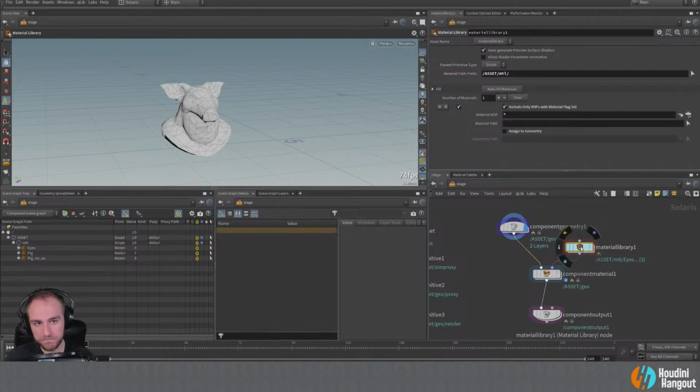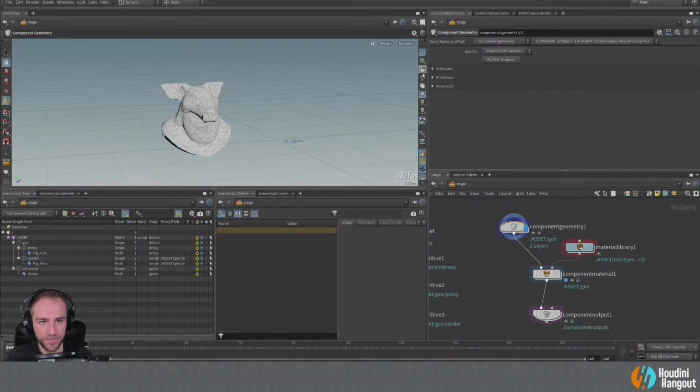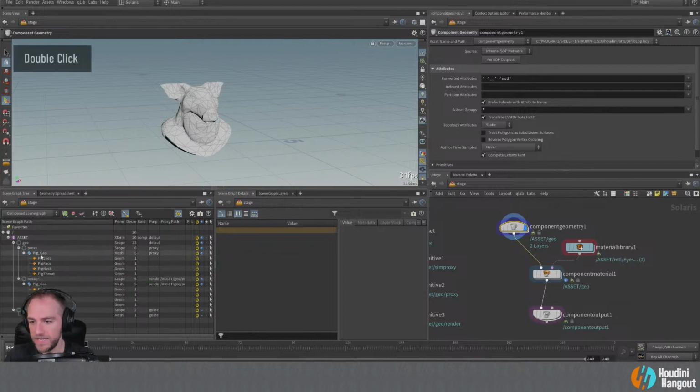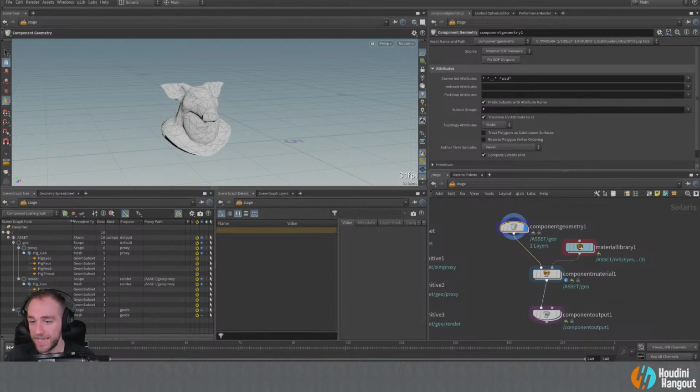So it's fine. But the other thing we want to do here is we could partition attributes. So here we could partition by attributes, or we could subset by groups. So that's probably the better thing to do. So we'll subset it by the groups. We'll just put star in there, and that's going to set all of these groups for us, these geometry subsets. You can see here our proxies are set, our purposes are set. The kind for the top is set to a component because that is what it should be.